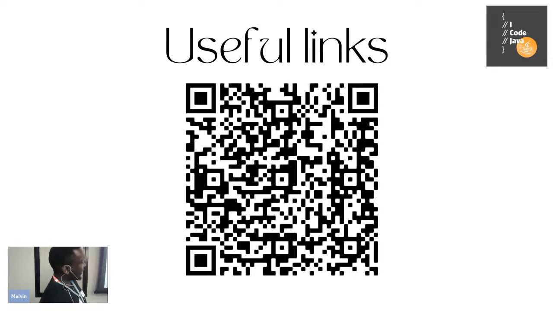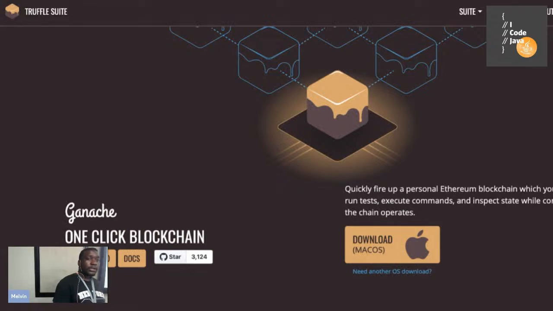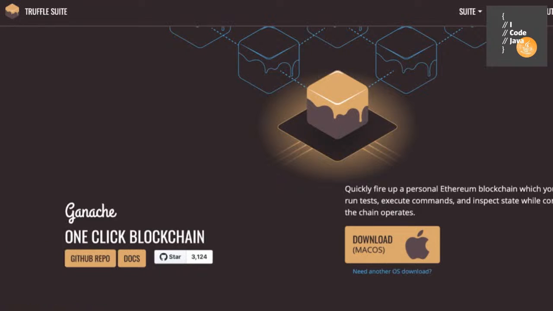But then here it's Ganache. You can use it for deploying contracts onto the network. You can use it for any network that you want, whether it's mainnet or not mainnet, and it's owned by Truffle. And with Ganache, you can also simulate a network on your own machine. So when you're busy testing, this can be used to simulate a blockchain on your own machine.